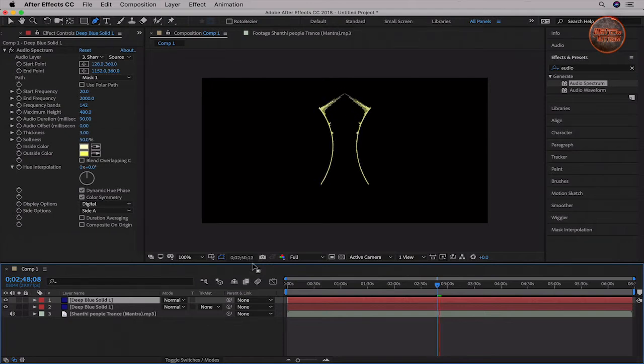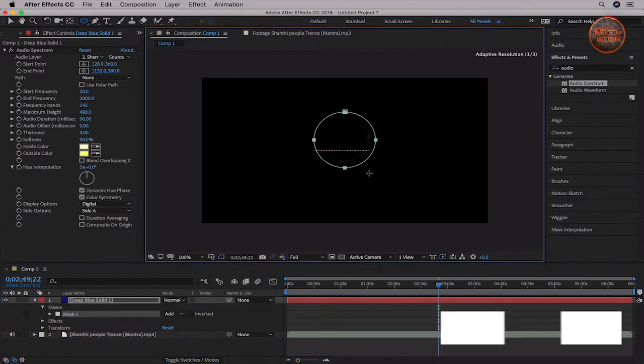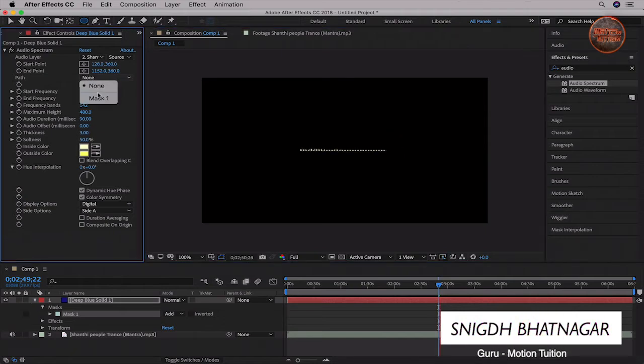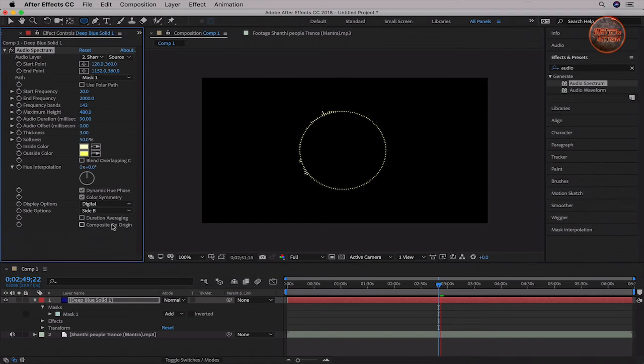Very interesting. Now in order to change the overall shape of the visualizer, it's quite simple. Just change the mask shape. Point the path to mask 1. Again, switching the side options to side B makes it animate on the outer side only. Now to give it a colored look, reach out to the hue interpolation and change those numbers just by a left mouse drag. Or you could simply just give it 1x rotation.